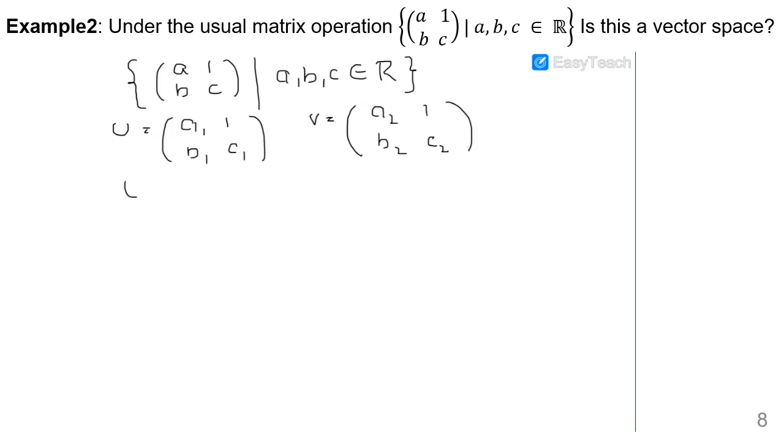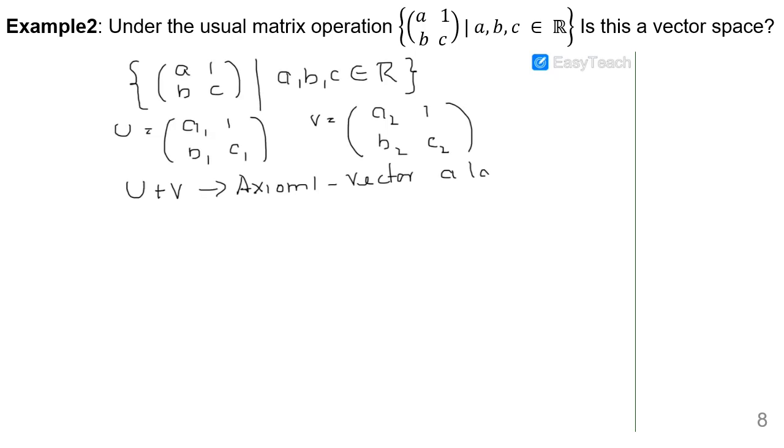When I add U plus V, that is axiom number 1, which is vector addition, I am going to get